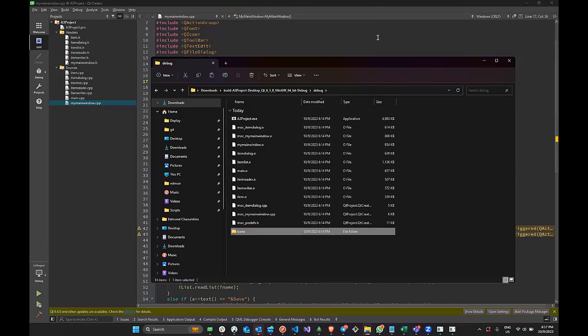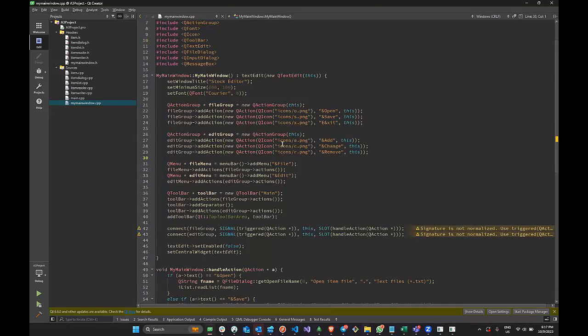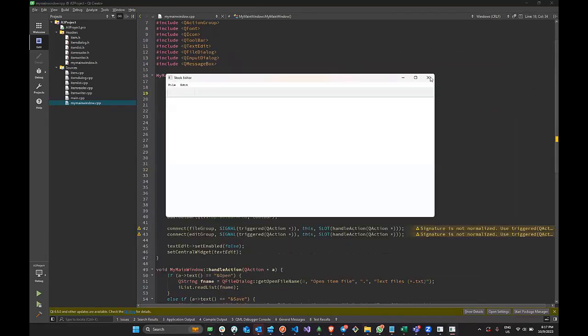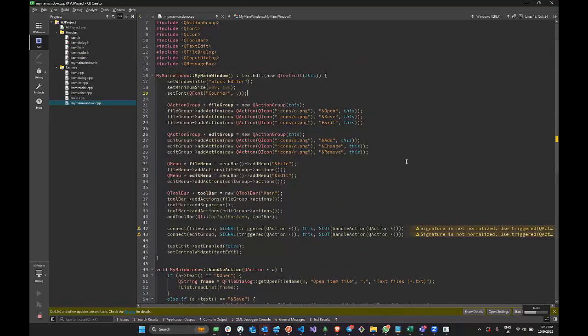From your code, it expects icons to be in an icons folder and then a .png. So in my build folder, I have put my icons folder. Okay, so if we close it and run it again,